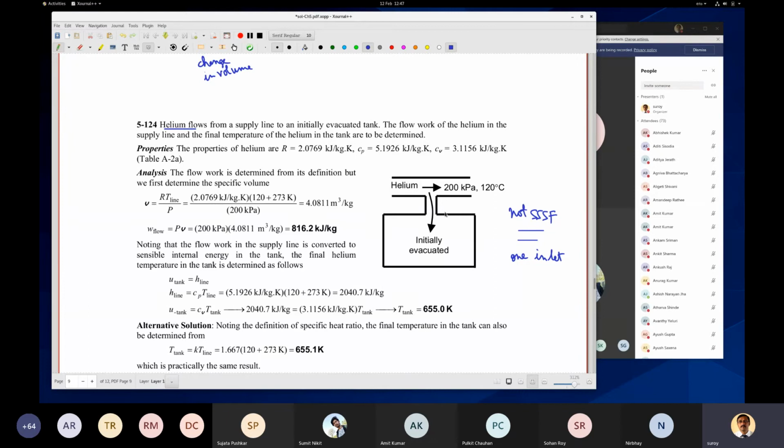Now this problem I have already discussed with you previously when we were talking about filling of our gas cylinders. We use gas cylinders at home for cooking, and when it is in the plant, it has to be filled up from a header. So this is also that problem where you are filling it up from a header, which is 120 degrees centigrade. So once this is given, here you know what is the H.